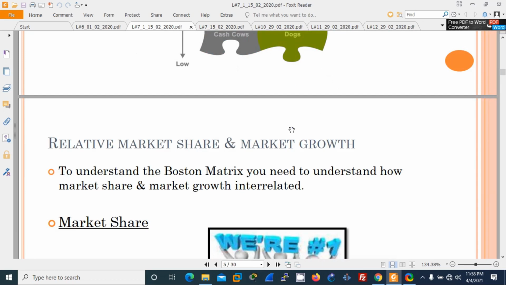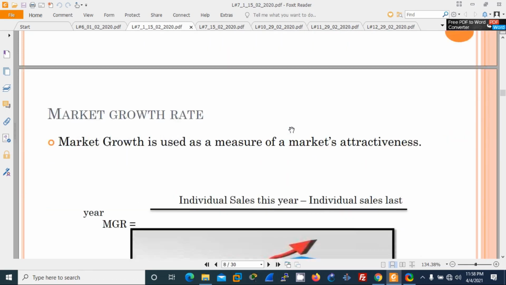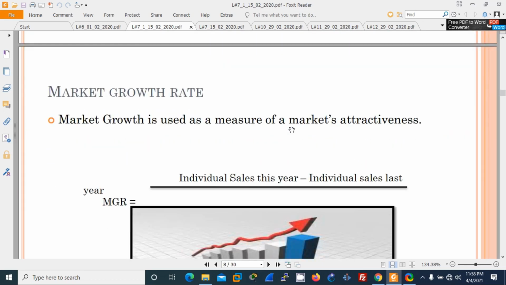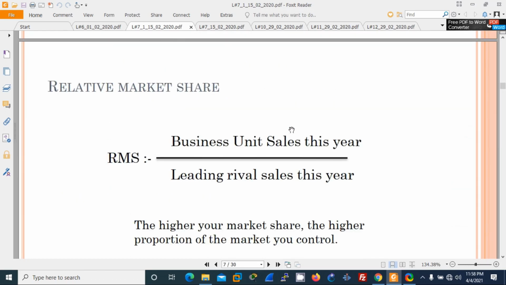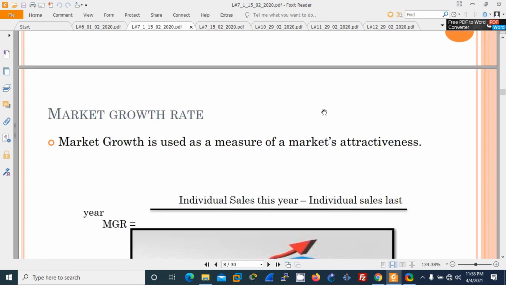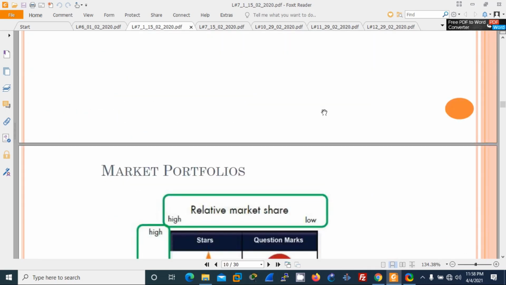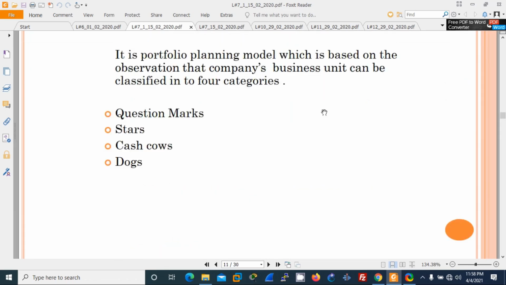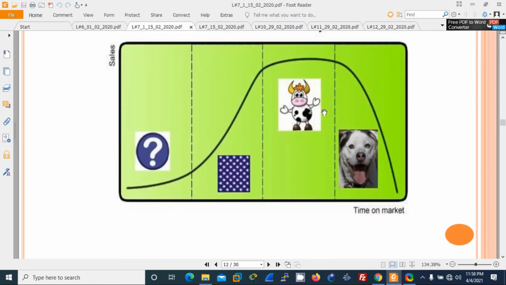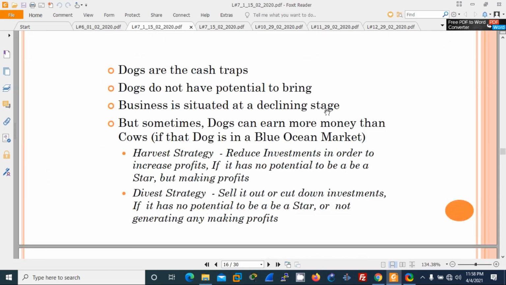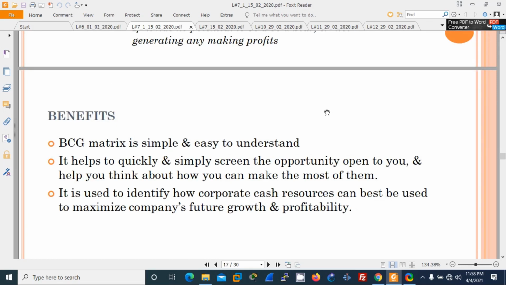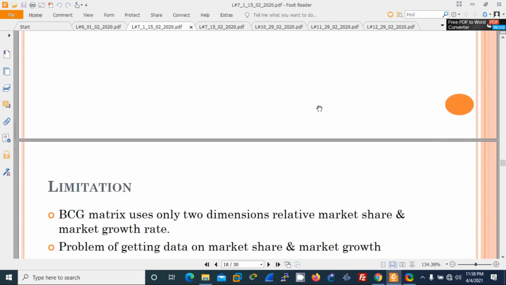We can make proper decisions if we properly understand the BCG matrix, which gives us information by understanding the relative market share as well as the market growth rate. So I encourage you to go through this lecture note properly to understand each and every segment in a proper manner, and also their benefits, especially why people use the BCG,